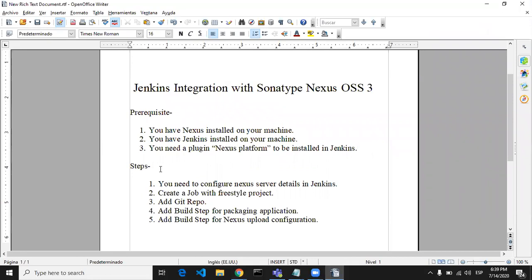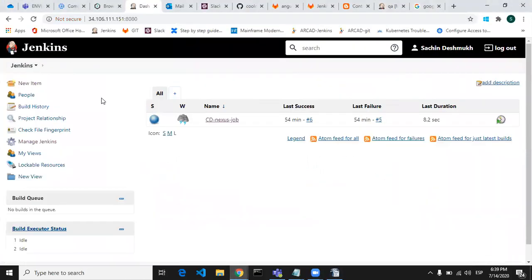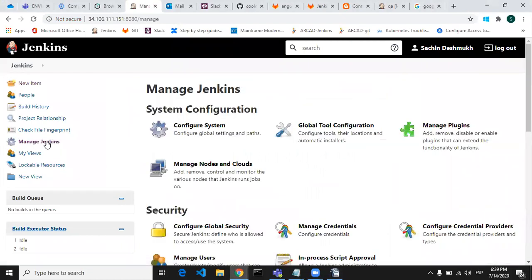Now we can go with the execution steps. The first step is to configure the Nexus server details in Jenkins. Once you install this plugin, go to the Jenkins dashboard, then to the Manage Jenkins section and go to Configure System.